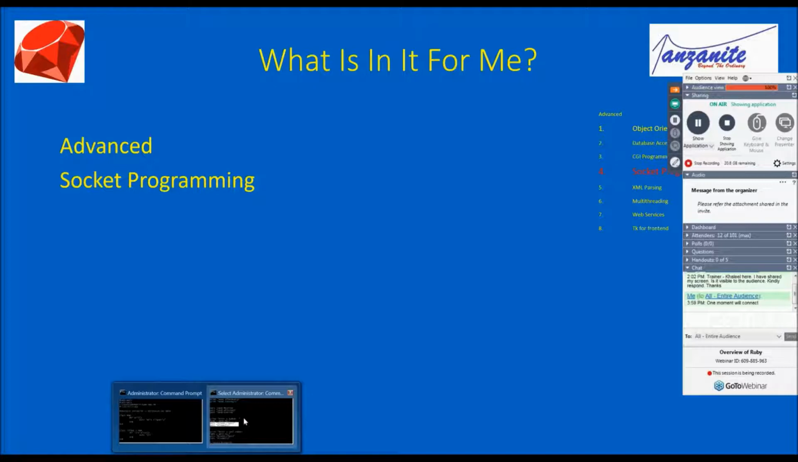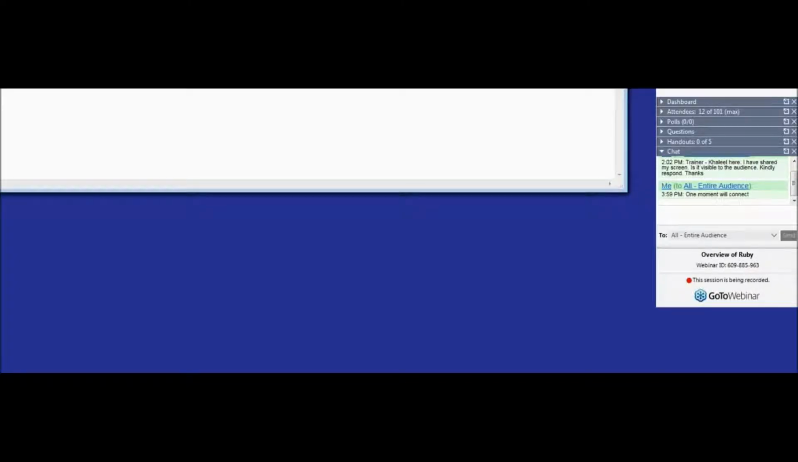Just a moment. I'll just bring up a notepad. So I'm bringing up this notepad here called sockets.rb. So let's find out what we have with